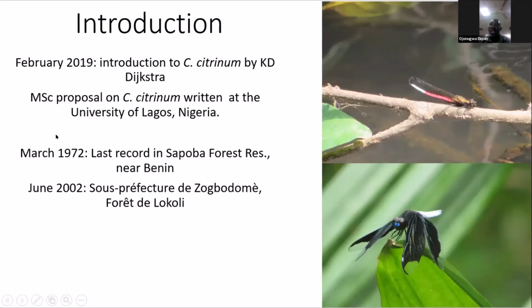The species was first described by Campion in 1914. This species is endangered according to the IUCN Red List. So what I did was to write a proposal as part of my master's thesis at the University of Lagos in favor of the conservation of Ceriagrion citrinum. This species, according to record, was last recorded in Nigeria in 1972 in Sapomba Forest Reserve in Benin, Edo State, Nigeria. And then it was also recorded in the nearby Benin